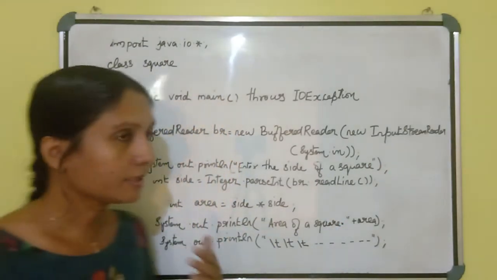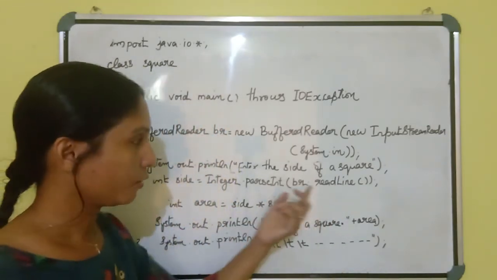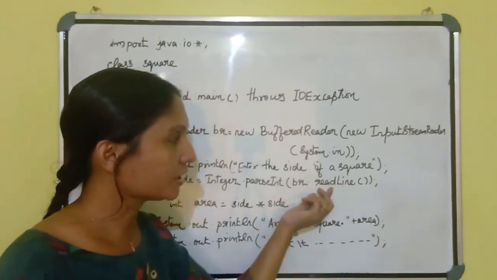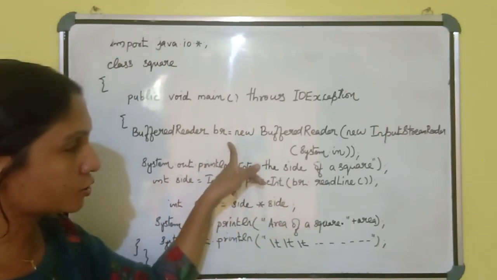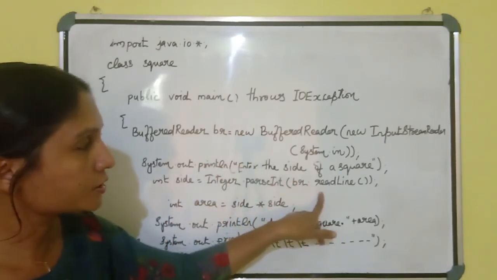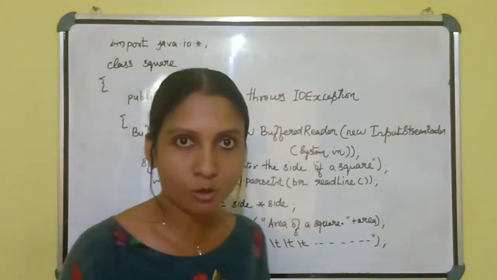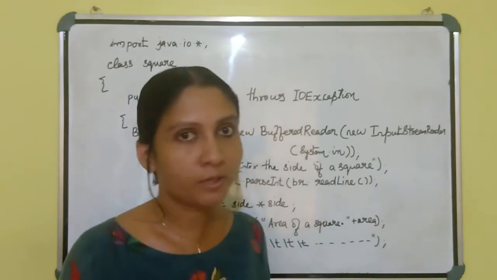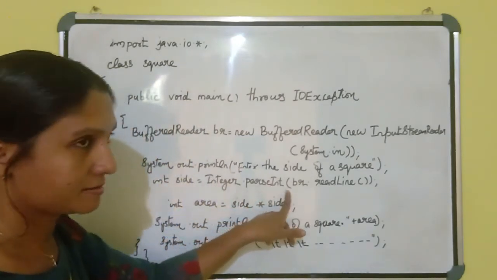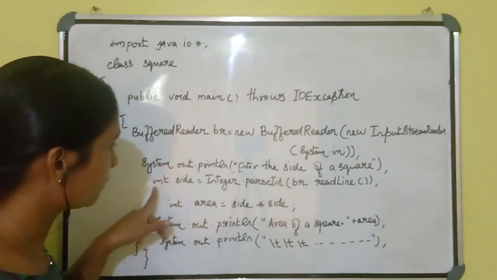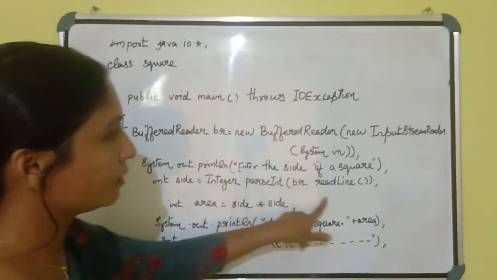Then we need to read the value. We know when a user enters a value, it is considered as a string value. Then we have the function readLine and we have an object br of this BufferedReader class. This is a temporary storage memory area. With the help of br.readLine we can read the data, and we need to convert that value. When doing a mathematical operation we need only numerical values, so we need to convert that string to a numerical value. Because of that, we are using Integer.parseInt here. To store the side, we are using side as a variable, and the data type of side is int. int side = Integer.parseInt(br.readLine());